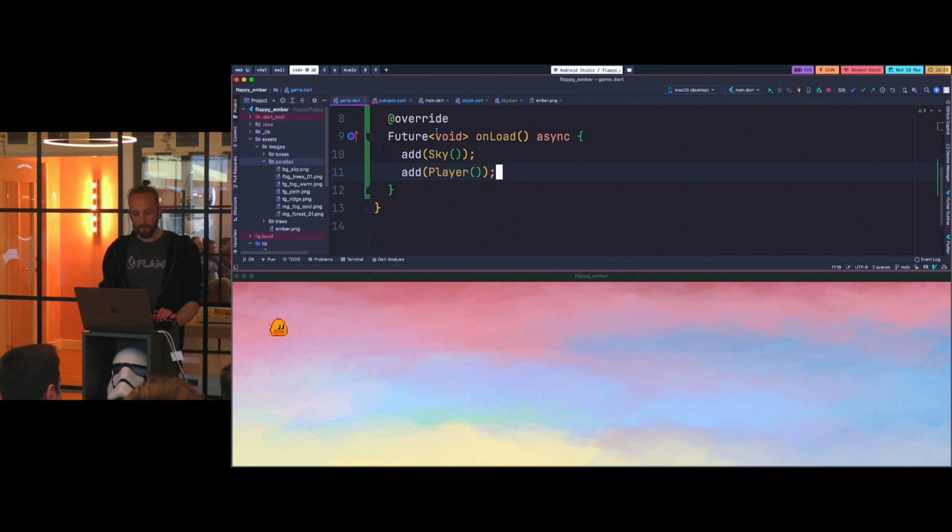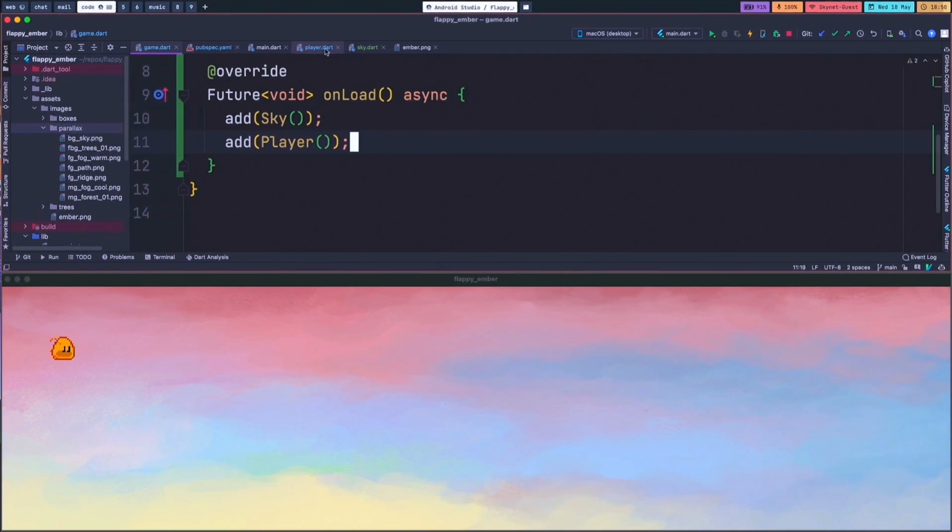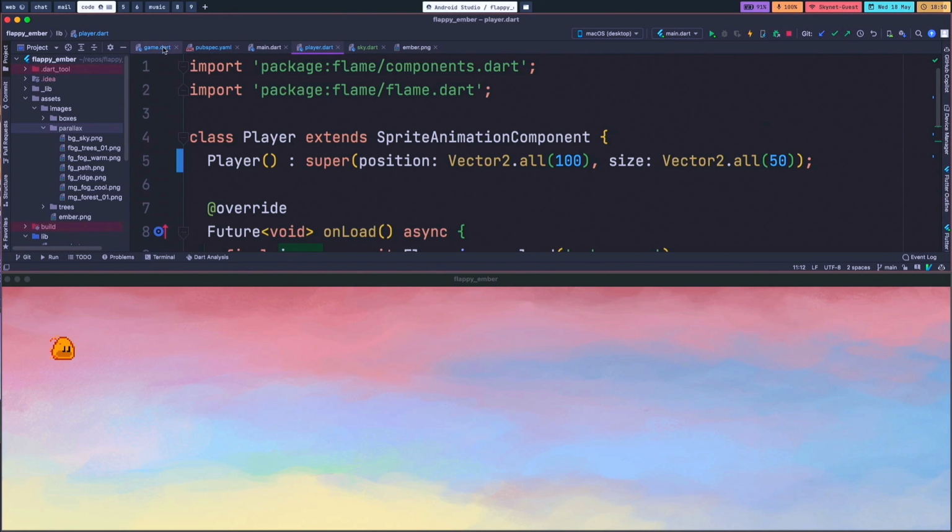And then what should we do next? Maybe add something so that we can move the player. Since it's a Flappy Bird, we can say that we can click anywhere on the game, and it should give the player some speed upwards. And in